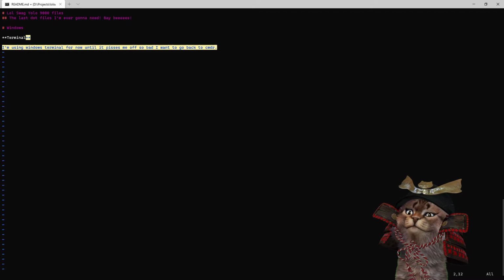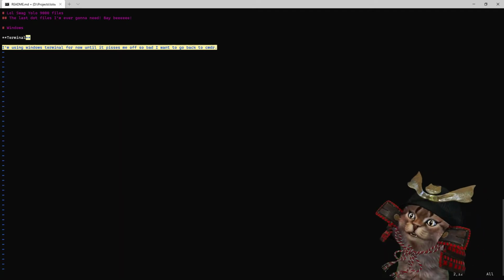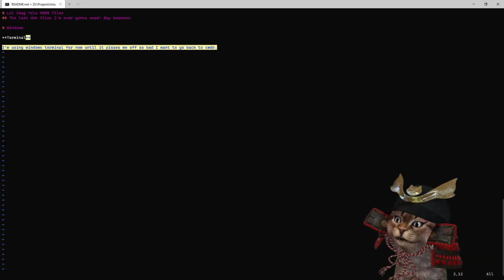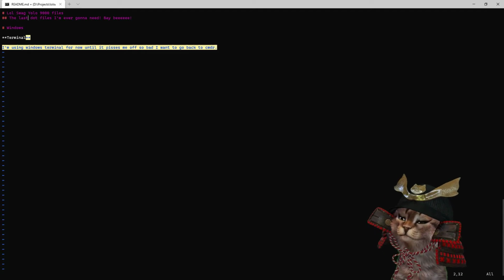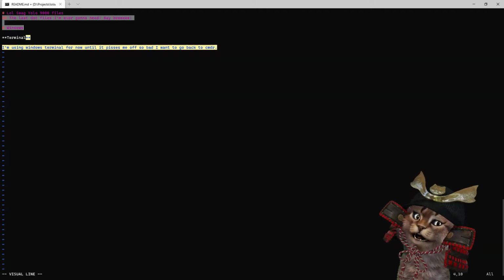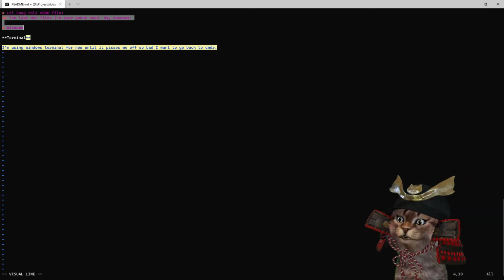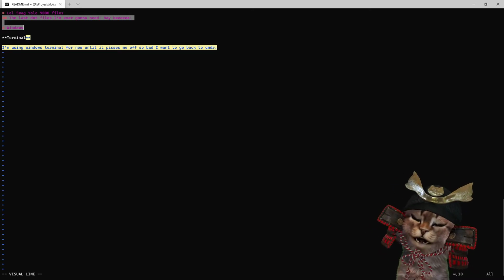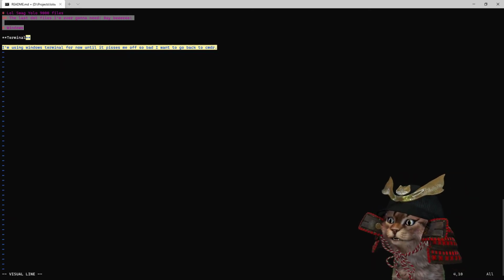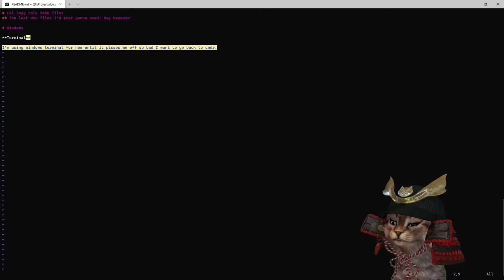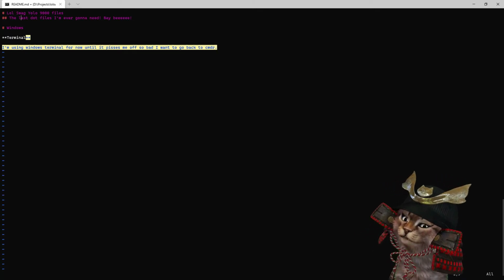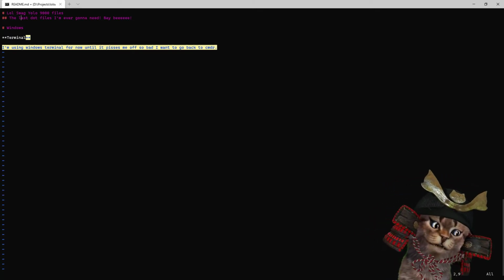In normal mode you can define things. So let's say I wanted to delete these three lines. You might think that I'm going to select them and then hit the delete key or something like that. But rather, what I'd do is I would hit D, and if you look down